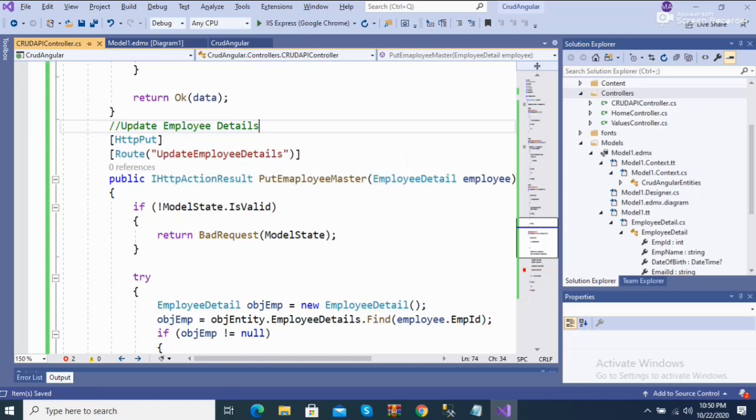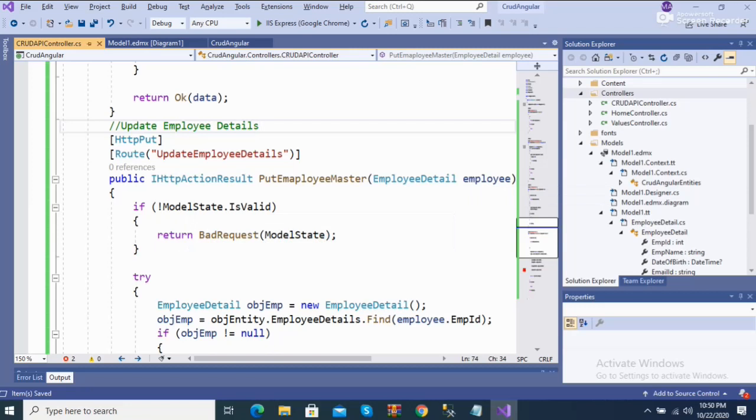If you want to update a column, like the first row, you just need to add this code. In this code we add the EmployeeDetails table model, and this model has the employee variable. We check the ModelState; if it is not valid, it returns a BadRequest.